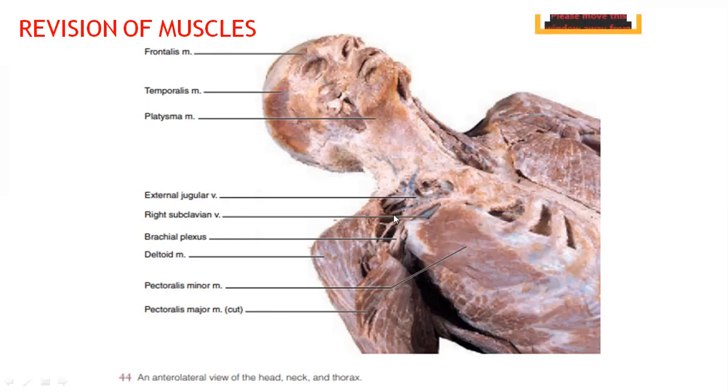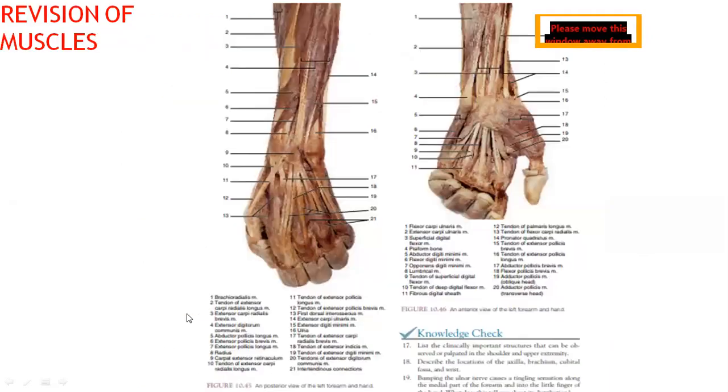Once you cut the clavicle bone, you will be able to see the cords of the brachial plexus, and we will also be seeing the axillary artery. You can see the cords of the brachial plexus over here, and inside we have the axillary artery. That means the axillary artery is surrounded by the cords of the brachial plexus, isn't it? Then, if you just remember, extensor compartment muscles are shown here, flexor compartment muscles are shown here. This is the lateral aspect of the picture where you have the thumb, and this is the medial aspect of the picture.